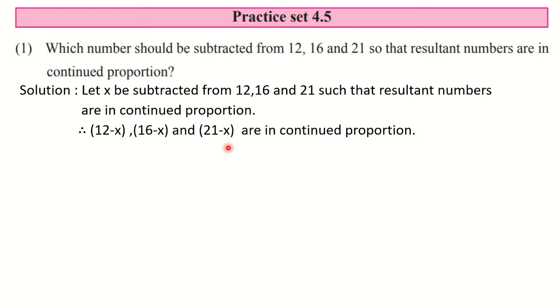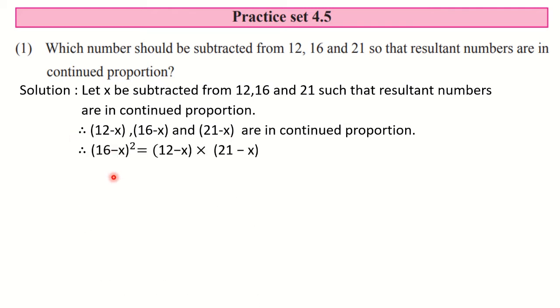Or the second method I told you, wherein we had discussed continued proportion, we saw various statements. There we have seen the statement that mean proportional square is equal to multiplication of extremes. So here you need to write it. You can write in any way which you like. So here I am using the second method. What I am writing is mean proportional square is equal to multiplication of remaining 2.